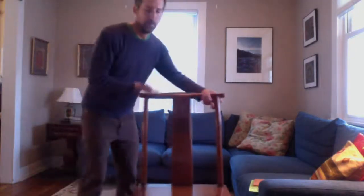Just to do a brief overview of what we're doing. So we're going to be focusing on what's called the microcosmic orbit, and it's basically an acupuncture meridian in your body, but it's called an extraordinary meridian. It's considered one of the most important extraordinary meridians. Here's like a traditional